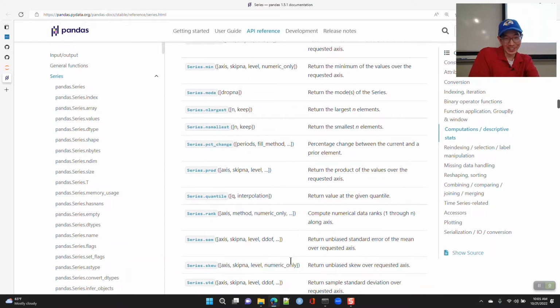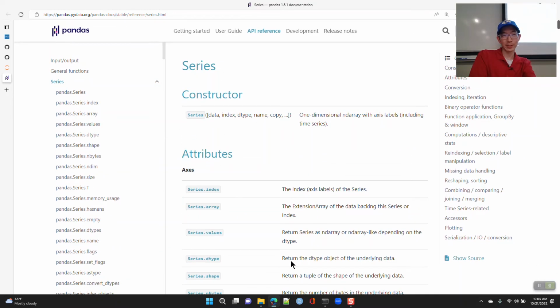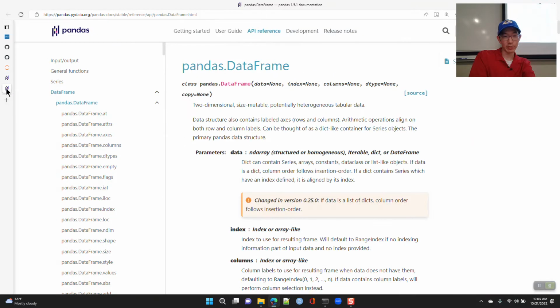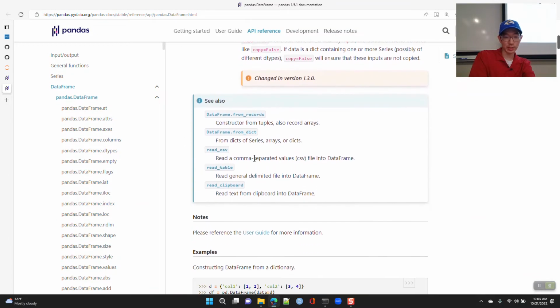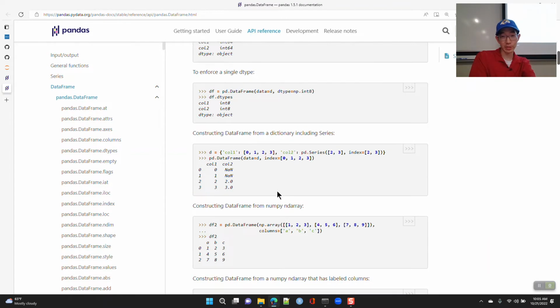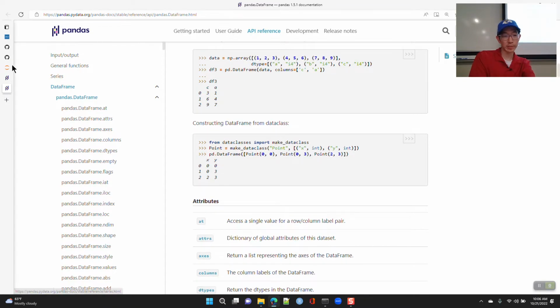There's a lot, but if you're not quite sure, the reference is usually the best place to start. Similarly, you have the reference for data frames as well, with a whole bunch of things to read through. The examples in the data frames reference are, I think, very good at letting you know how these things work.